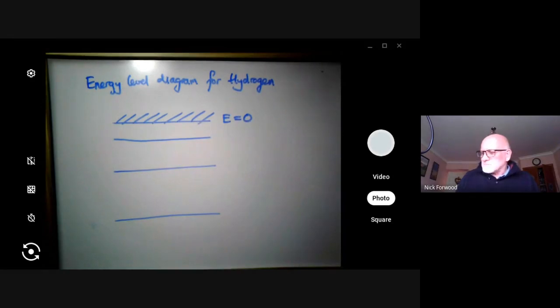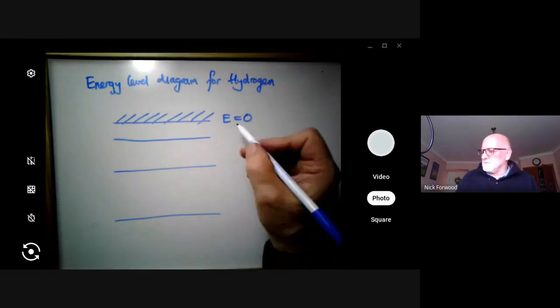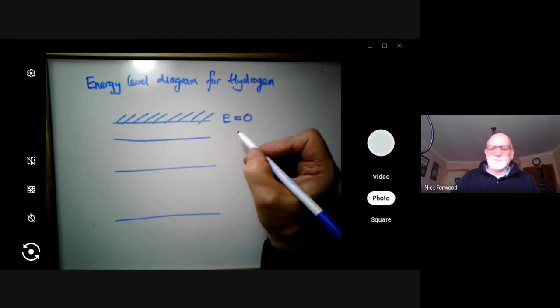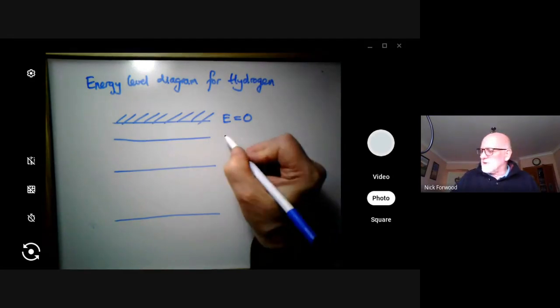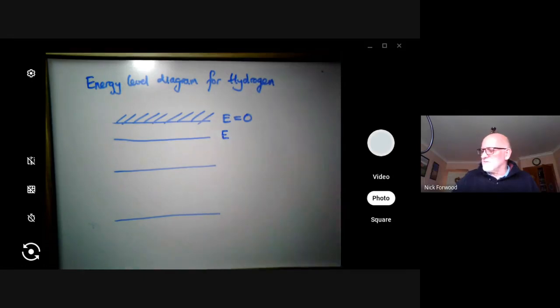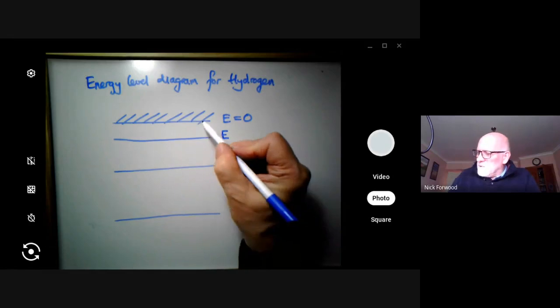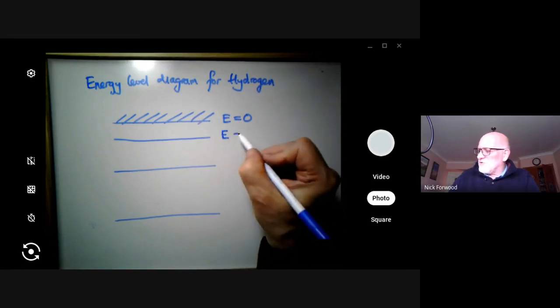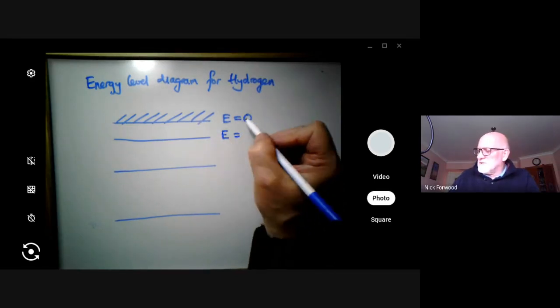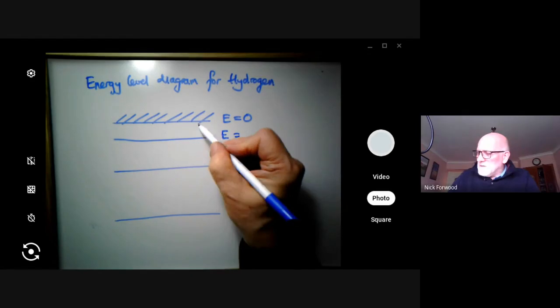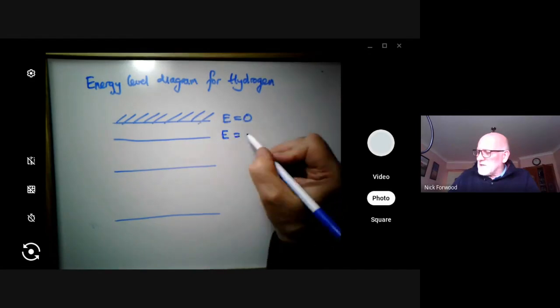So I'm going to go down to this -1 level, and physicists have worked out how much energy it takes to move up a level and how much energy is given out when you go down a level. And at the top, you haven't got any, but to get from here to here and back down again, this energy level is